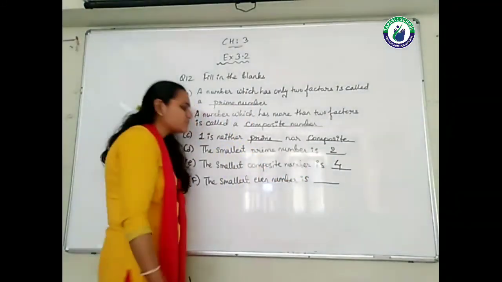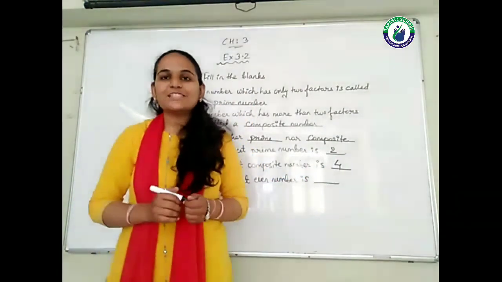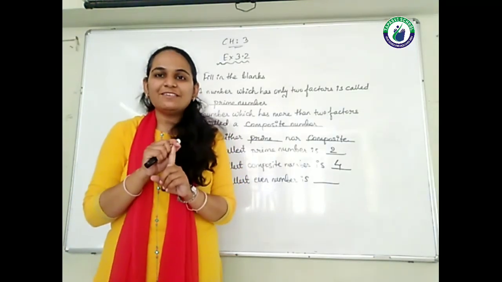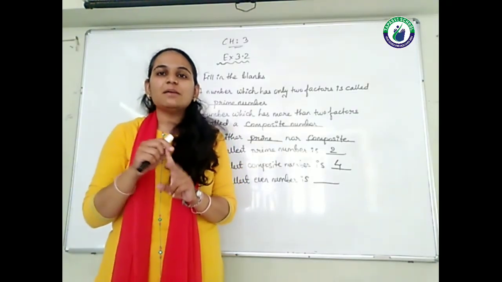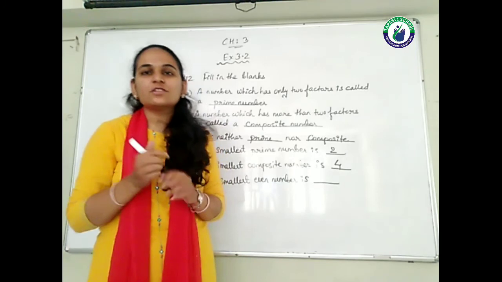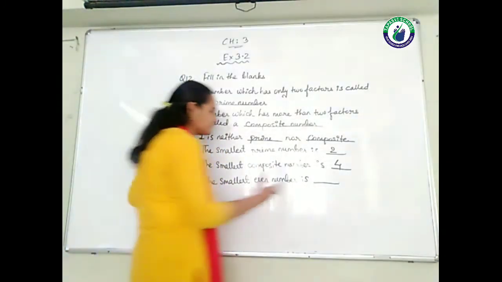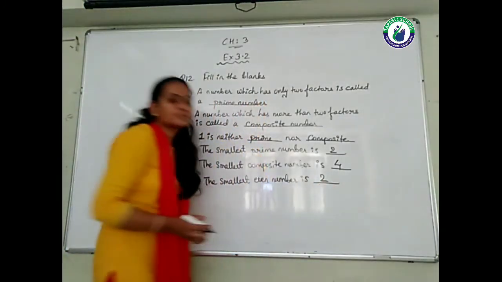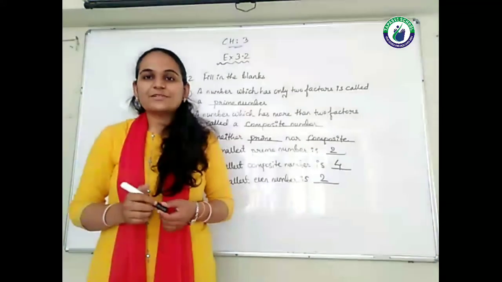Next one, the smallest even number. Which is the smallest even number, students? Is 1 an even number? No, it's an odd number. Next one, 2. So 2 is the smallest even number. Is it okay, students? I hope you understood this entire